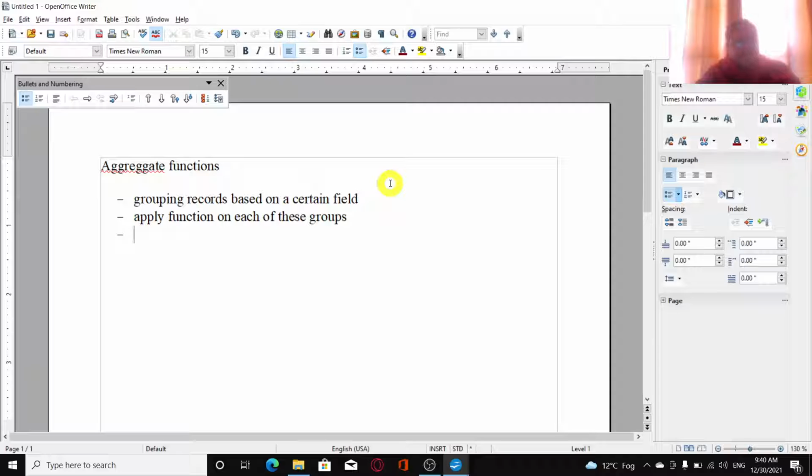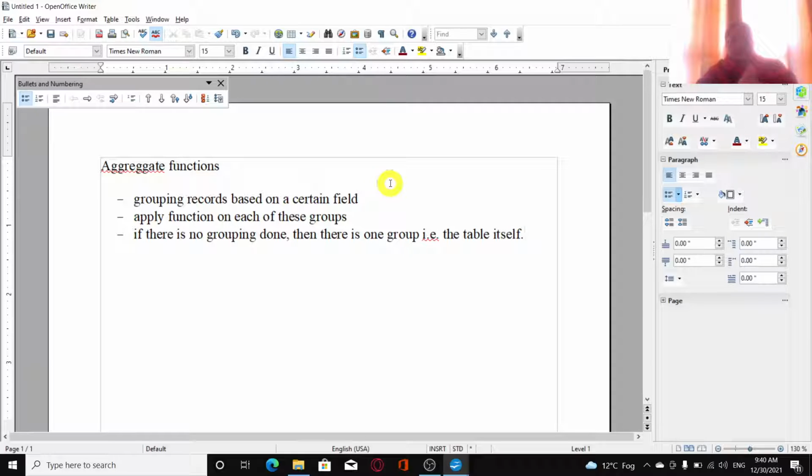The word aggregate itself means to collect something, and when we are applying a function on a collection, then these functions become aggregate functions. If there is no grouping done, then there is one group, that is the table itself.